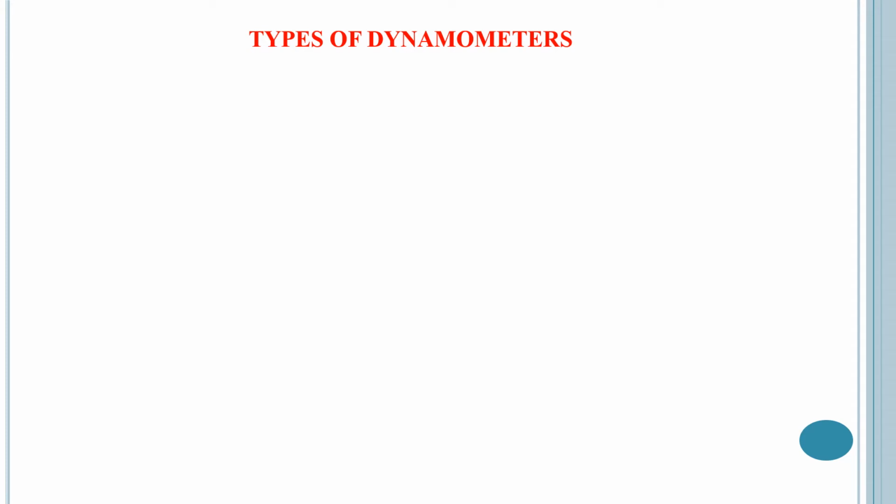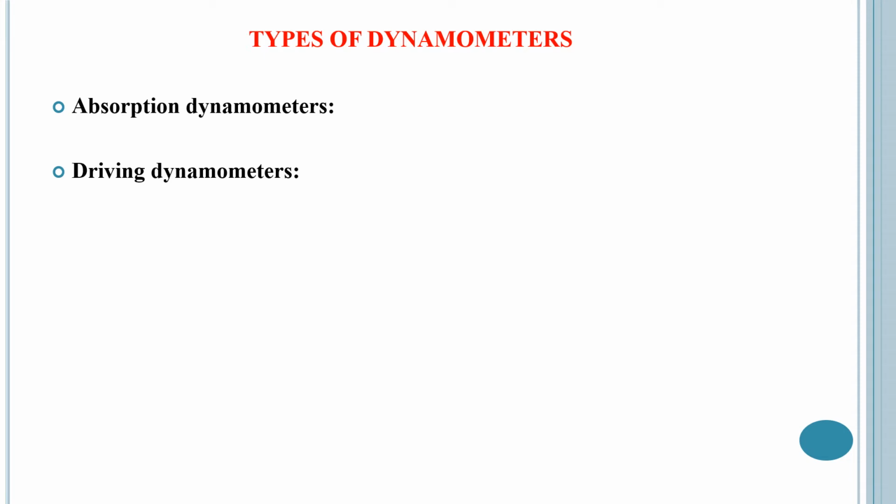Usually dynamometers are classified into three basic types. The first one is called the absorption dynamometers. In this, the mechanical energy as torque is measured, and hence they are particularly useful for measuring power or torque developed by power sources such as engines or electric motors. These are basically absorption type, wherein it will absorb the mechanical energy, and with the help of that we find out the torque, and with the help of torque we can find out the power dissipated.